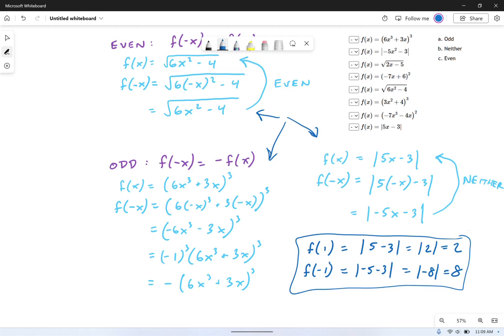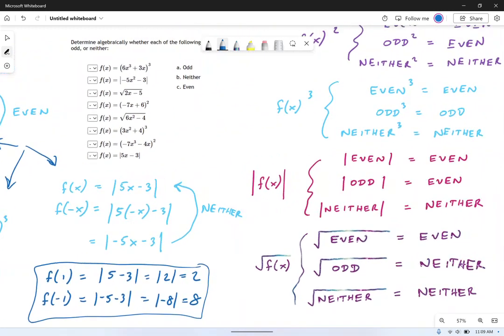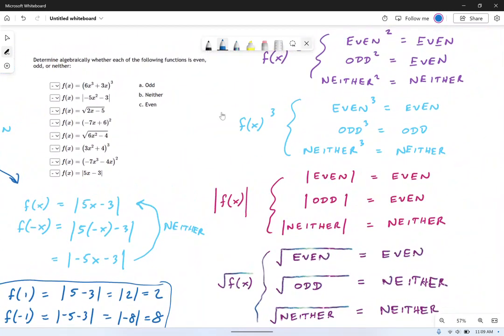Now, I want to give you some basic rules for all these things. Remember I said there's 4 types of functions, and I've got them written out right here. You've got your squared function, your cubed function, your absolute value function, and your square root function. And you can see I gave you some basic guidelines for what happens if you square an even function, or if you square an odd function, or if you cube a neither function. So screenshot this, write this down in your notebook, whatever. It's some useful shortcuts. I don't necessarily believe that you have to memorize these for the rest of your life. The f of negative x is the best test of all, the very tests we did at the very beginning. But if you're in a unit that's intensive on this stuff with symmetry, this is a nice cheat sheet to have in your notes.